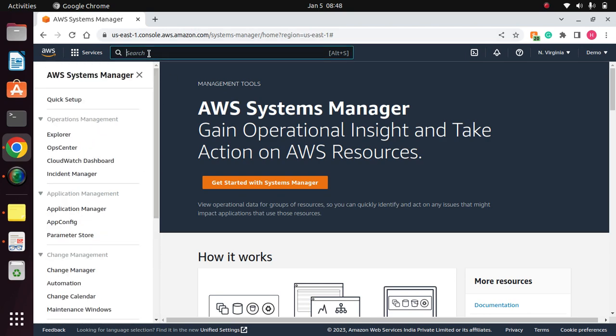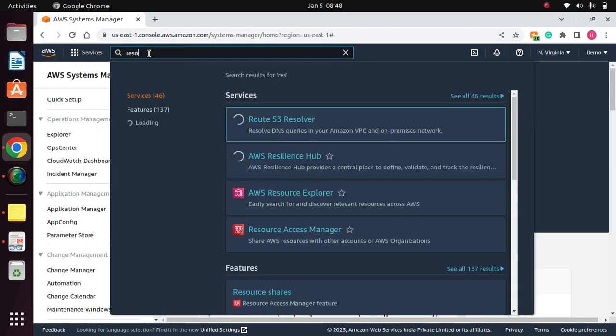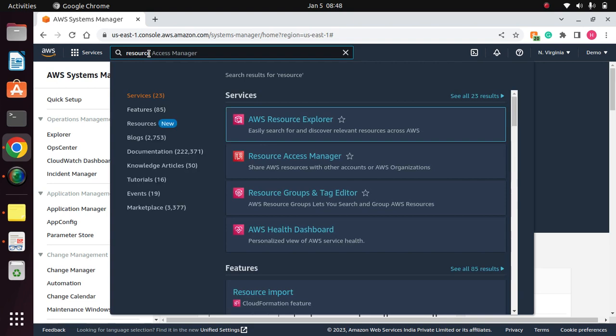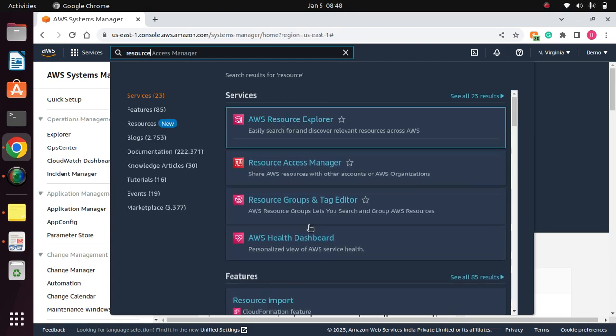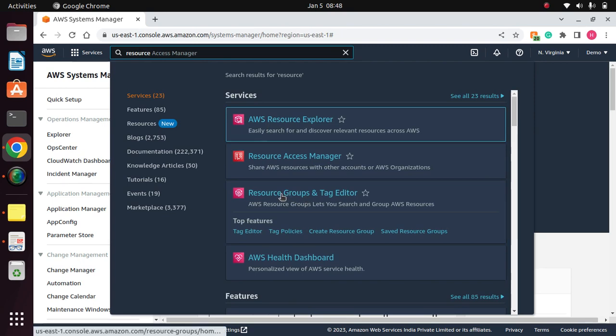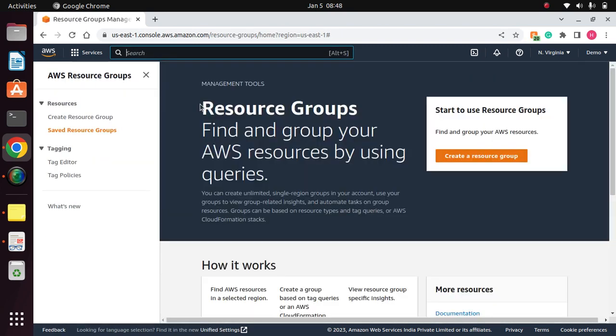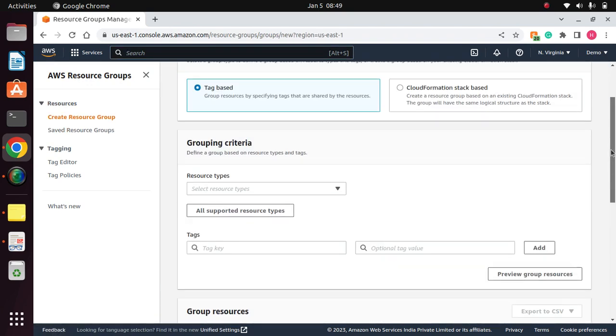So let me check here, resource group. Here is resource group, right? So they have created a new resource, that is AWS Resource Groups. Okay, that's fine. So first of all we need to create a resource group, so click on it, and now